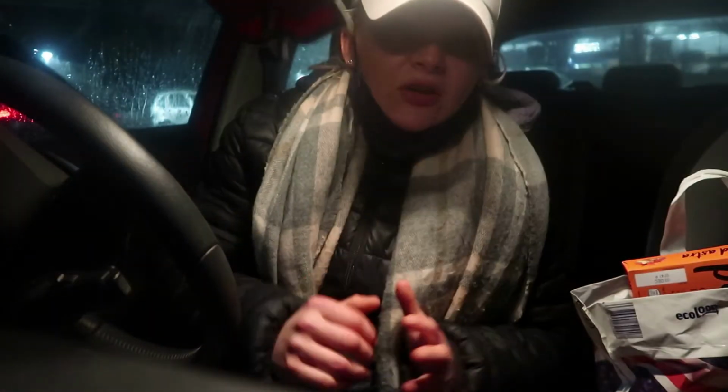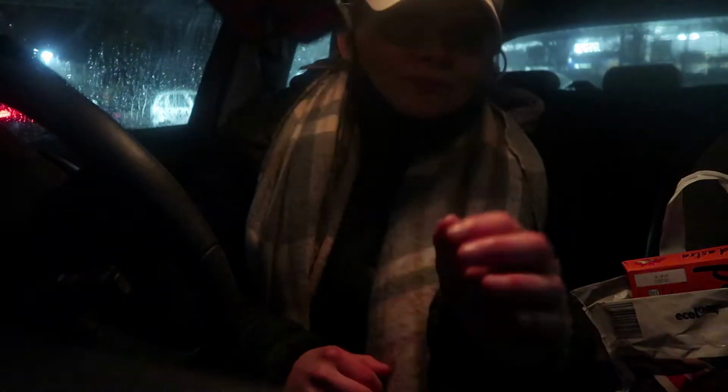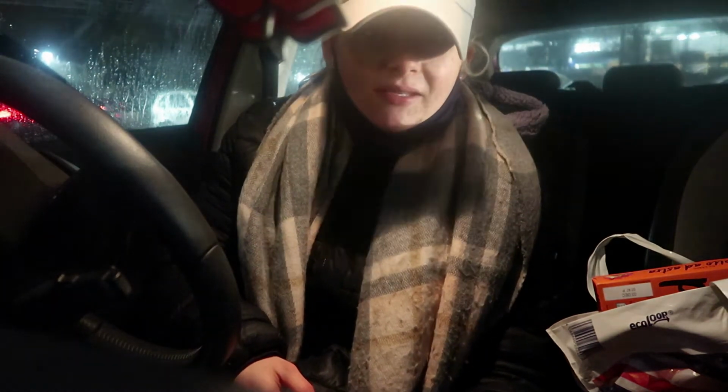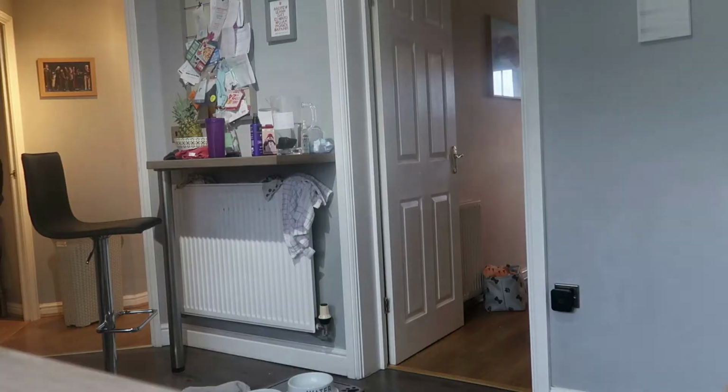I've also got a few other goodies in there, some gingerbread porridge, some gingerbread almond butter, and now I'm off to get some physio done. I've done this shop first, which probably wasn't sensible, but it's that cold. It's probably colder than a fridge in this car, so let's go sort my leg out, and then pizza and...